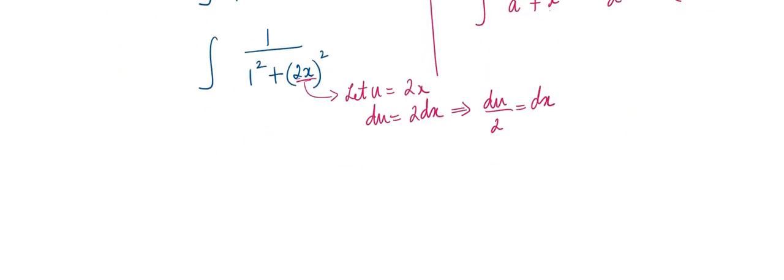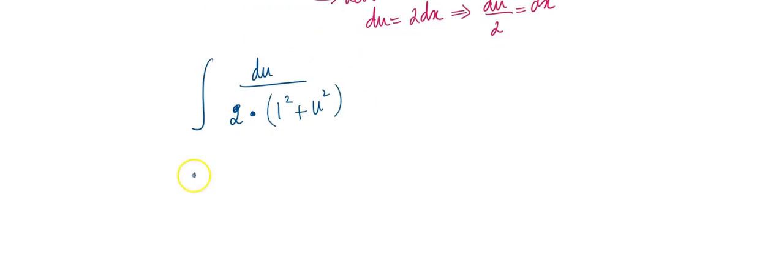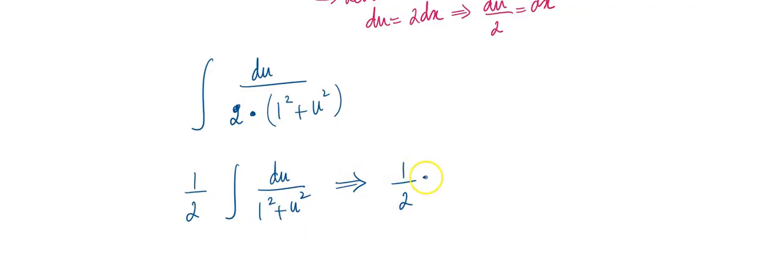All right, so let me finish this up. That's a dx on the top, so that will be du over 2 times, then you have this 1 squared plus u squared, right? So that's going to be a half pulled out, du over 1 squared plus u squared, which implies I have a half times,